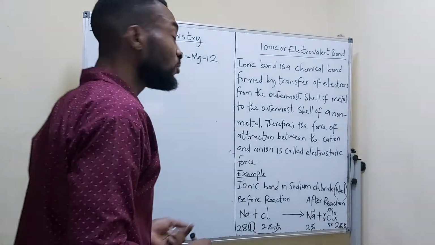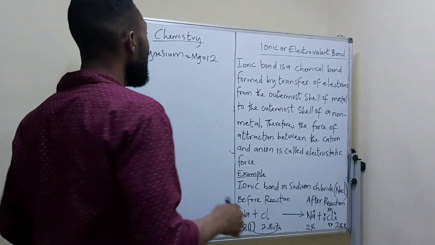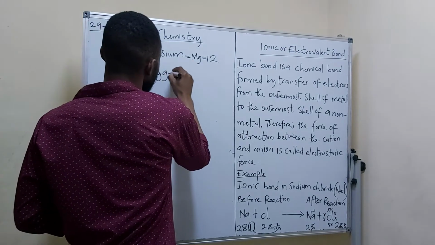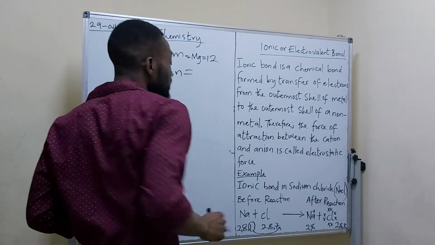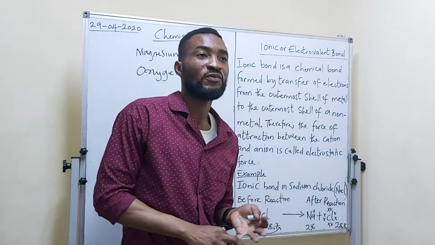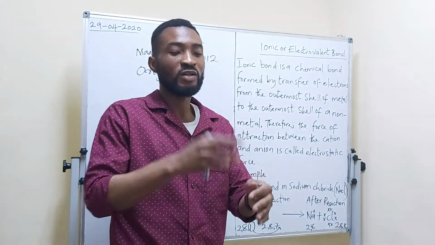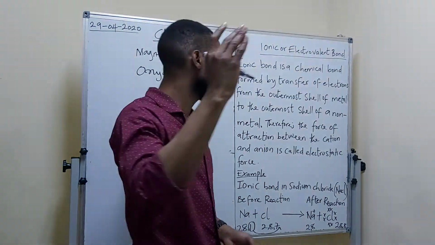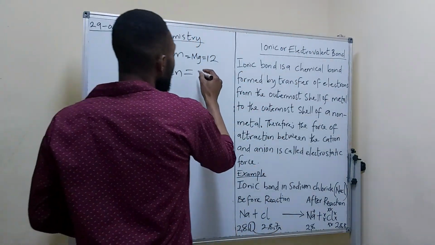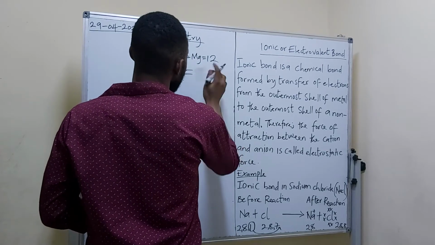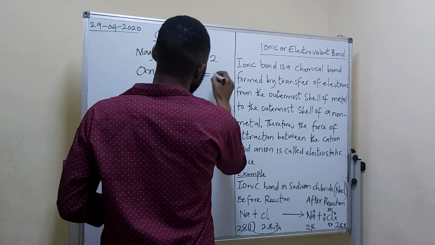You put it there. So now, oxygen. Let's use oxygen. If you count, I told you to know it accordingly: hydrogen, helium, lithium, beryllium, boron, carbon, nitrogen, oxygen, which is what? Which is 8. That is the atomic number for oxygen. So let me put the chemical symbol, which is O,